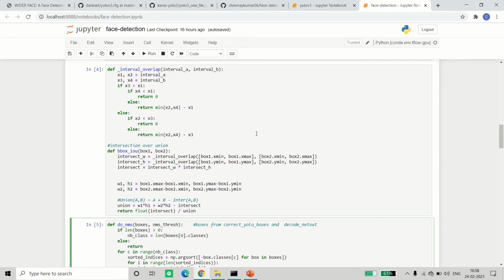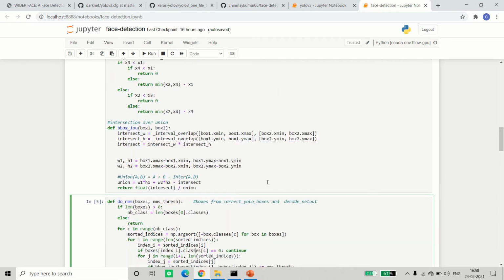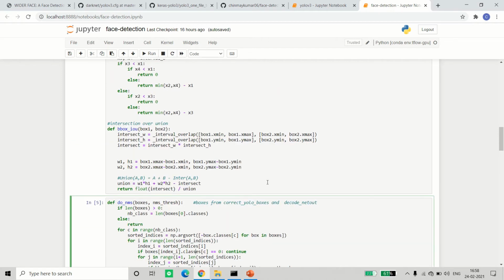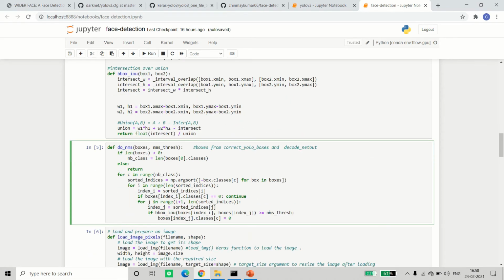What it does: one box is this size and another is of another size, the j equals i plus 1th box. We'll see the intersection of both the boxes, we'll see the union of both the boxes, calculate that, and then divide it. That just gives the IOU. So whichever has the highest IOU is the best box. IOU is between 0 to 1, and the threshold is 0.5. So if the IOU of the ith box with the next box is greater than 0.5, then that box becomes redundant, because that box is not good, because the IOU with i is greater than 0.5. So that box goes redundant.